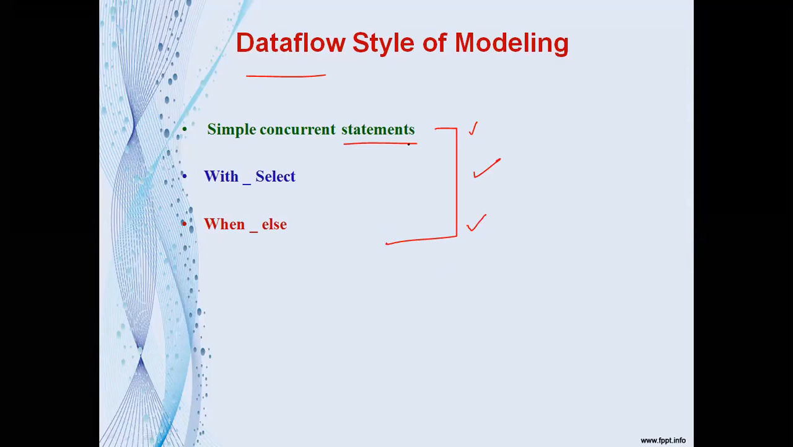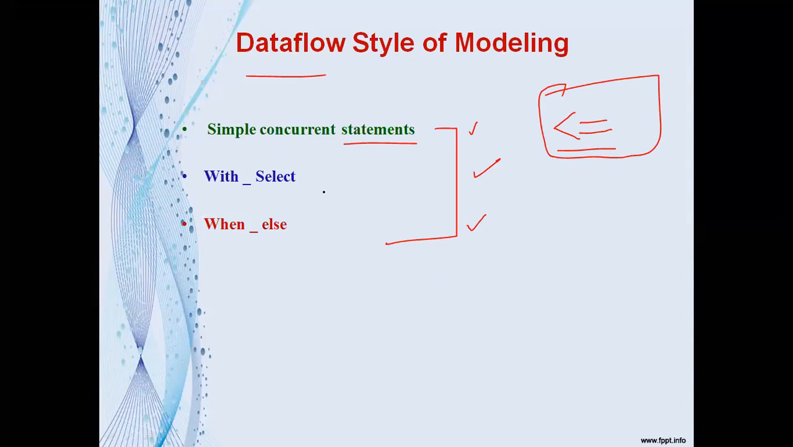Simple concurrent statements means we will use a signal assignment operator. The symbol is this one, which is nothing but the less than or equal symbol. This is used as a signal assignment operator. So we will use the assignment operator in these simple concurrent statements. And in the with select,